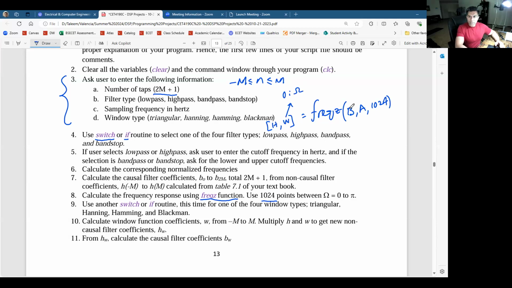And of course, your B are the coefficients of the filter that you calculated using those equations. And A is going to be 1 because it's a FIR filter. So the denominator is going to be 1. Okay, now once you plot the response, of course, the amplitude response of this, then you are going to treat the